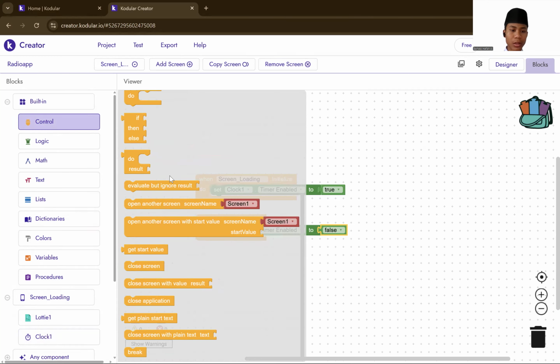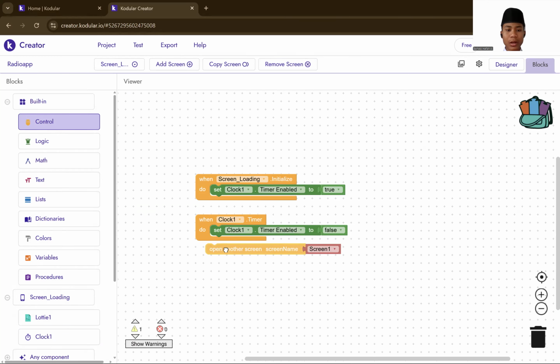Then you go to control and open another screen. Okay. And then you change the screen to screen. Okay, yeah, like this.